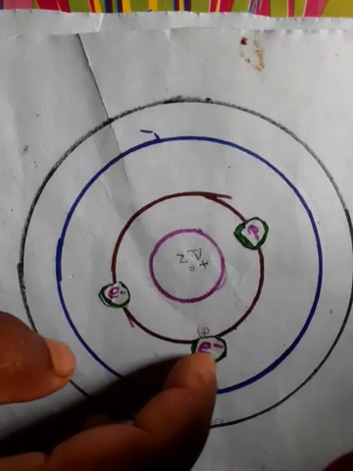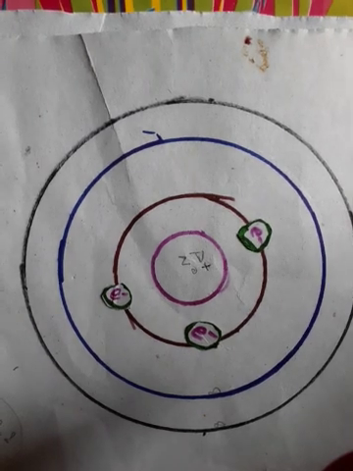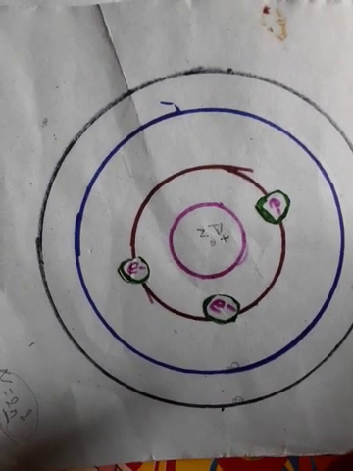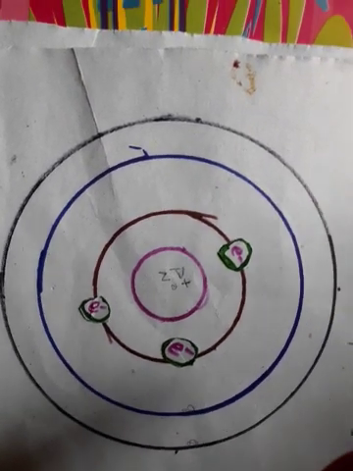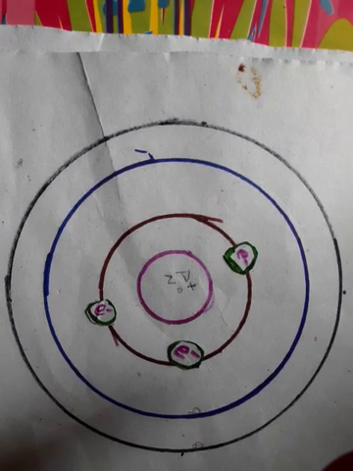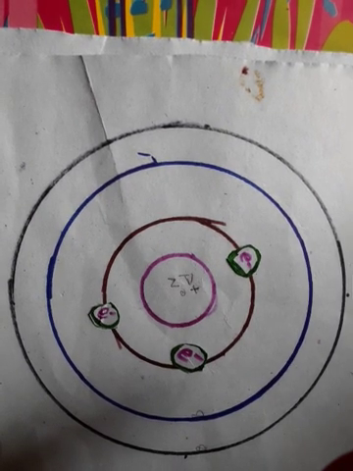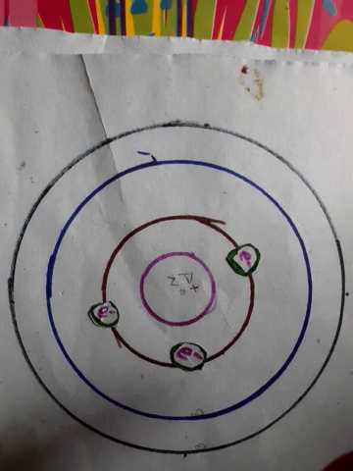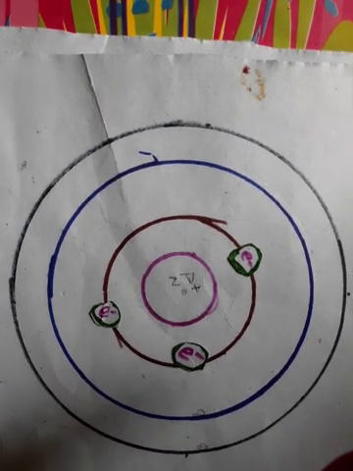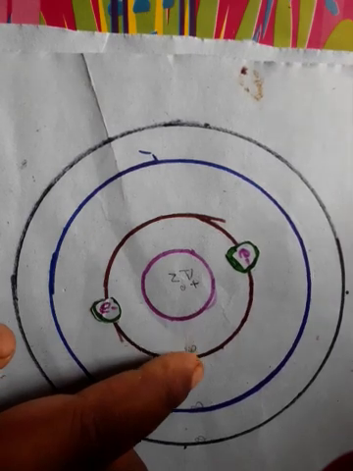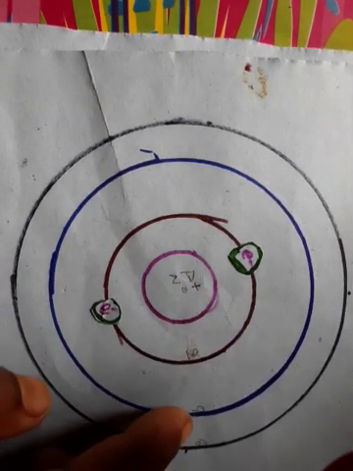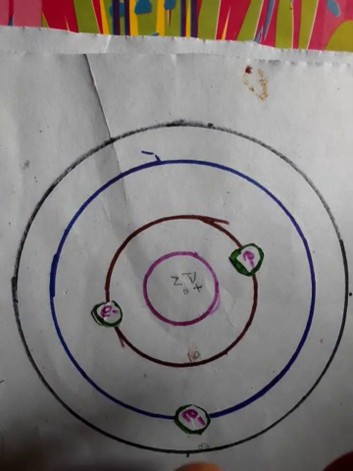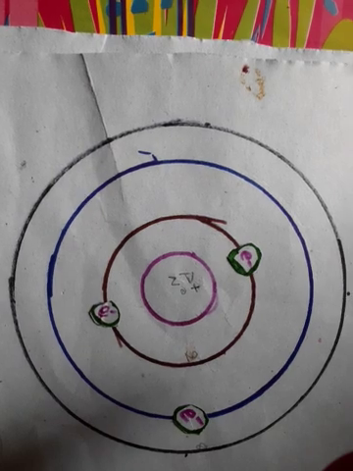So now it cannot hold 3 electrons in the first orbit. The reason is the number of electrons, you can see at the bottom. I have written n equals 2n square. The number of electrons is represented by that relation, n equals 2n square, and about that you will study in the upper classes. But now keep in your mind that the first orbit only holds 2 electrons. So lithium, if you have drawn it that way, that is wrong. In lithium, 1 electron goes to the next orbit. That means 2 electrons in the first orbit and 1 electron in the next orbit. So this is the atomic structure of lithium.